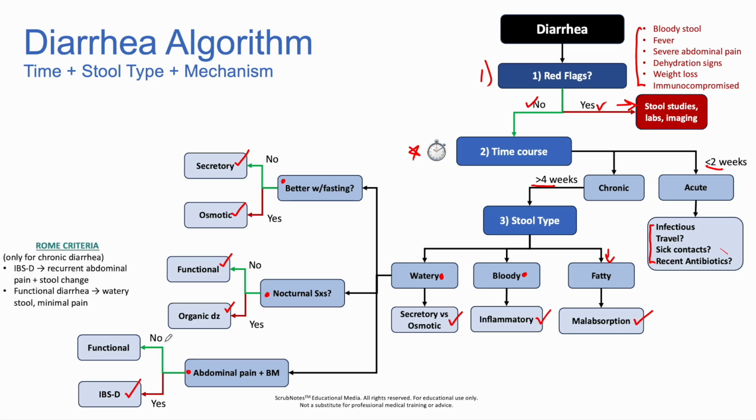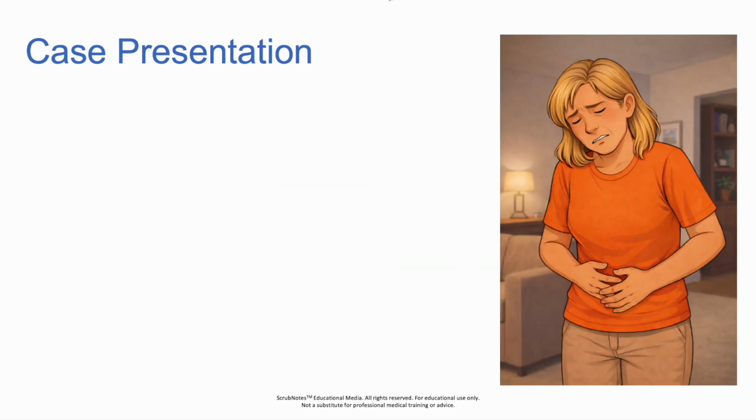And we can also remember the Rome criteria, which is really only for chronic diarrhea, but there's some patterns here for you as reference. And then if they don't have pain with bowel movement, then it's more likely a functional cause. So now that we've asked focused history questions and have a systematic approach and checked for red flags, let's see